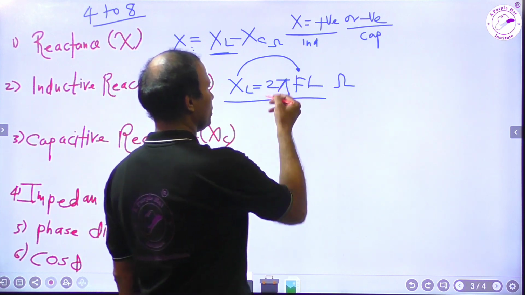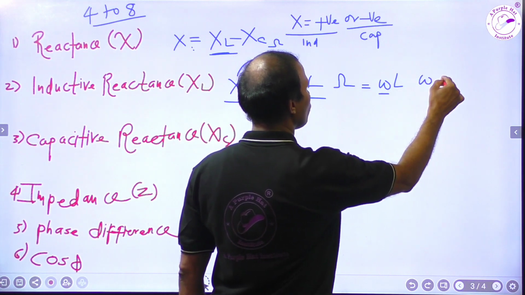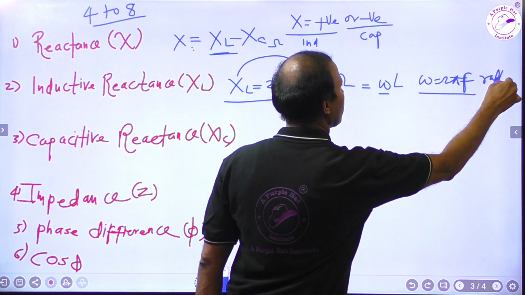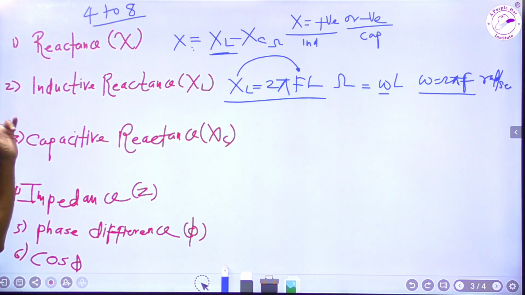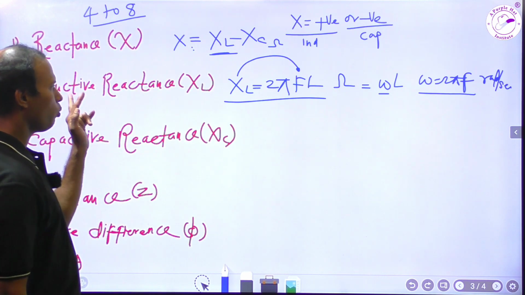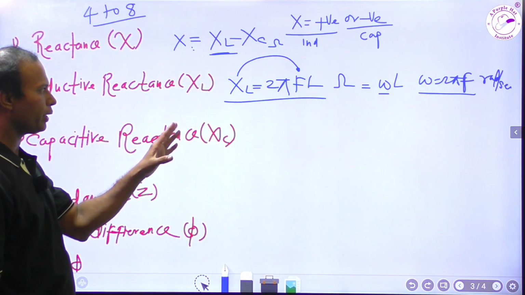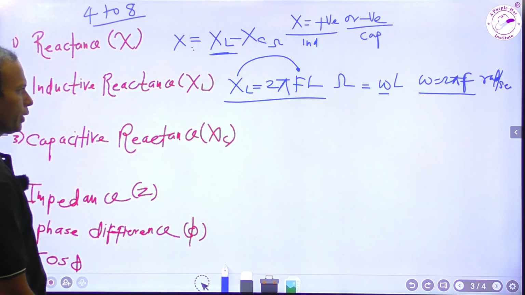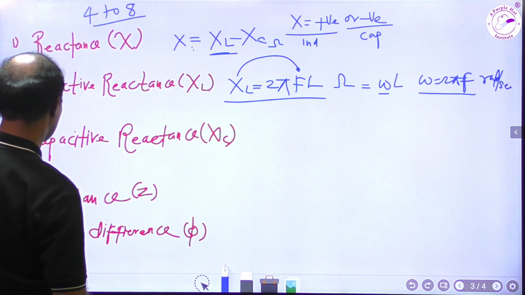Okay, so we can also write this as omega times L, because omega is equal to 2 pi F rad per second. This is angular frequency or angular velocity. So this is the opposition offered by the inductance of a coil to the flow of alternating sinusoidal current. Okay, this is most important, in theory as well as in problems. There are few chances because in any problem you have to find inductive reactance for an RL circuit, or only an inductive circuit, or an RLC type circuit. Inductive reactance is most important. Okay, this way we can calculate.